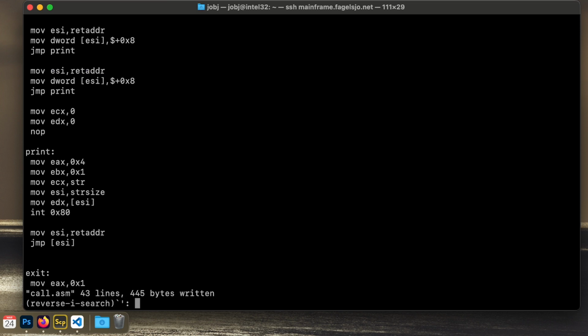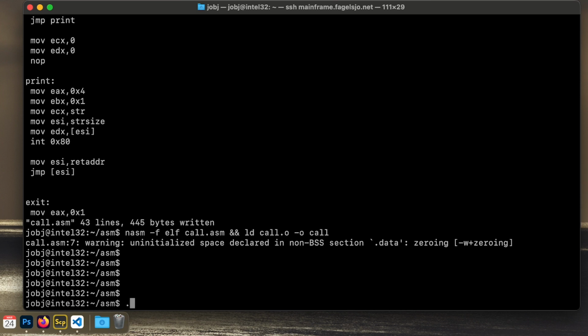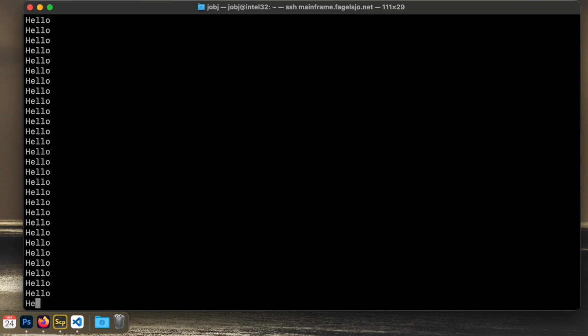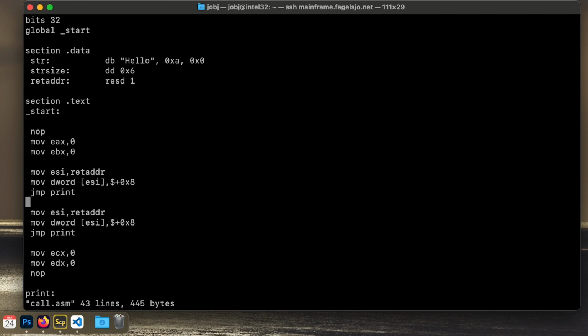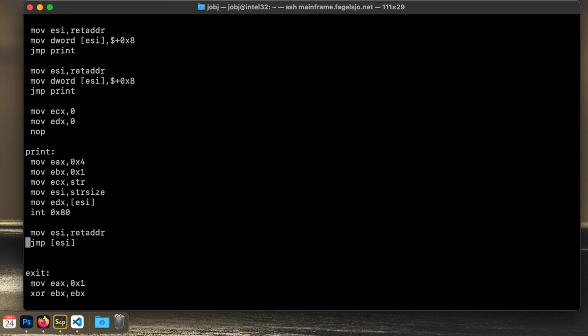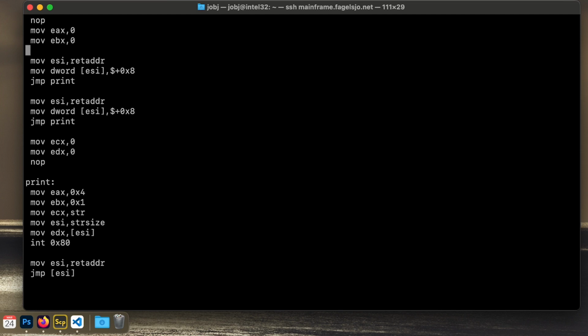Let's save and let's assemble the code and run it. Okay, interesting. We do get an infinite loop this time. And why is that? So first we jump to the print, then we move back towards this instruction, then we do the same thing once again, and we jump to print. Sure enough,